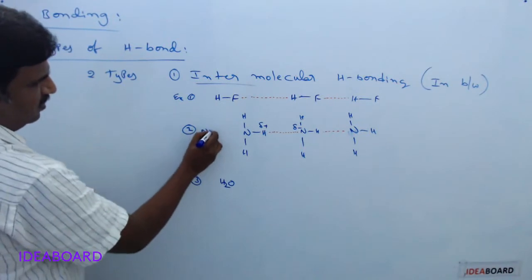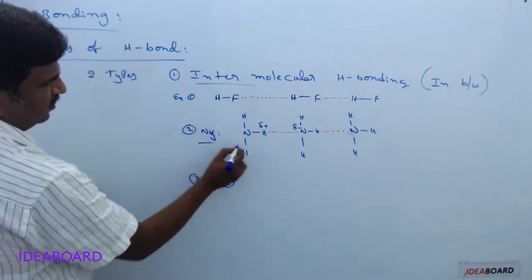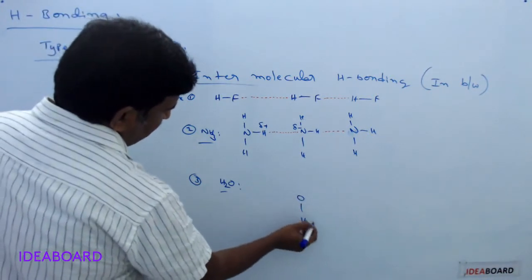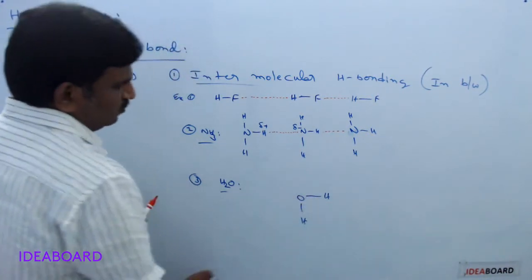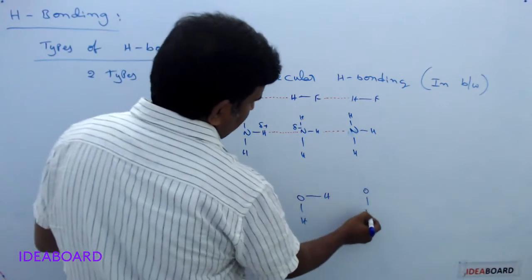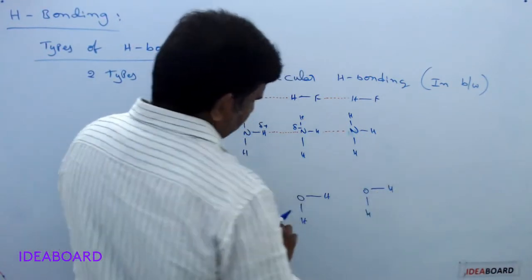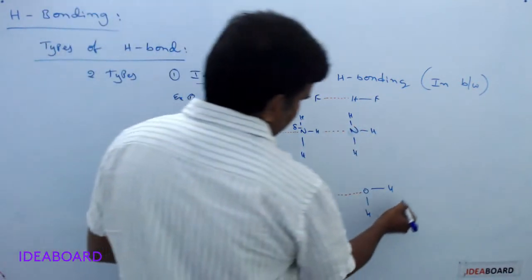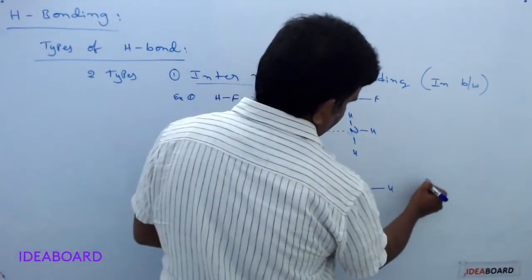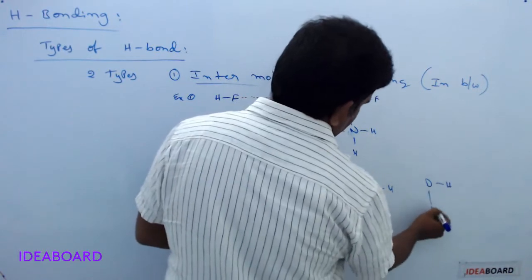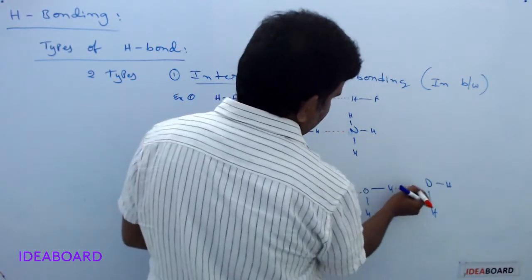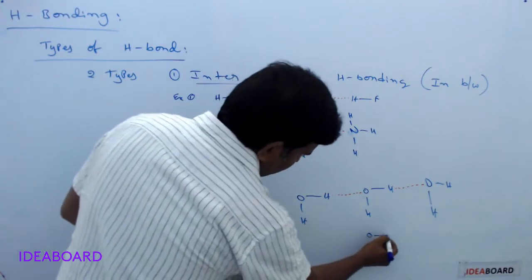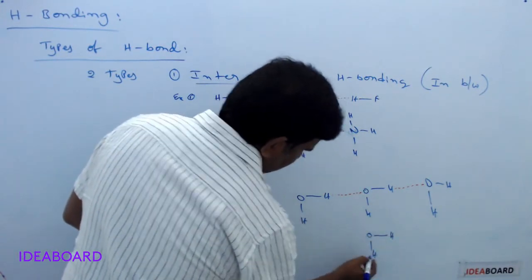Here this is an NH3 molecule. Okay, and H2O molecule. H2O molecule means we can write like this. Here this is H2O and another H2O molecule we can write. Between these two, there is a weak electrostatic attractive force, and here also I am writing another oxygen, hydrogen. Here also we can write another bond, and below also we can write another OH and H.